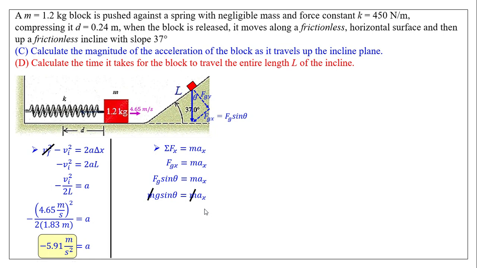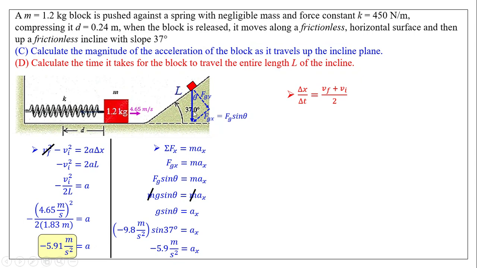So the only thing I need is g and sine of theta. Theta is given as 37. So therefore, if you plug this in, g being negative 9.8, sine of 37, you'll get the same answer of negative 5.9 meters per second squared. But just give the absolute value because it says magnitude. All right, there's a couple different ways for you to do part C. Let's do part D. Part D asks you to find the time it takes to travel the whole entire length L